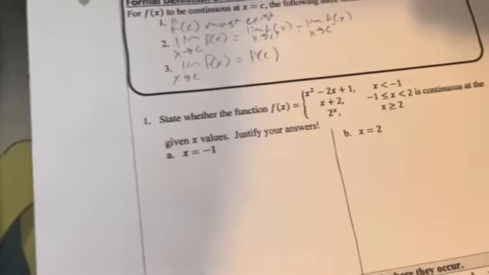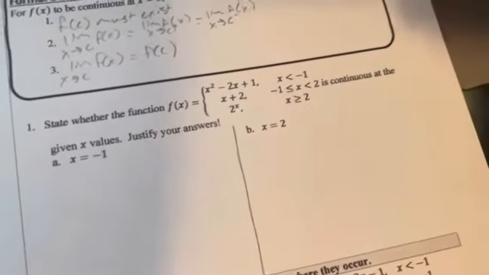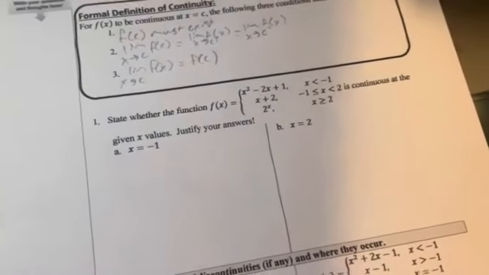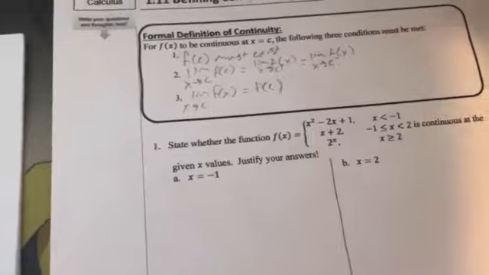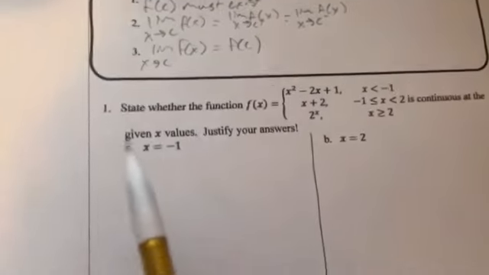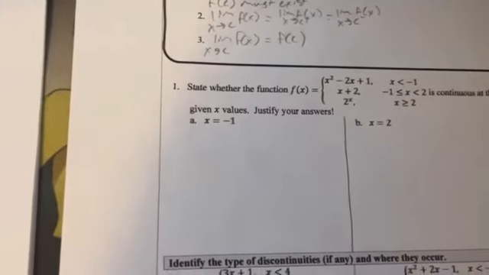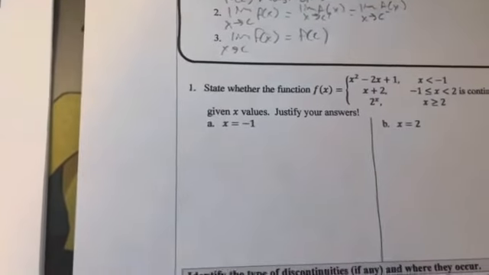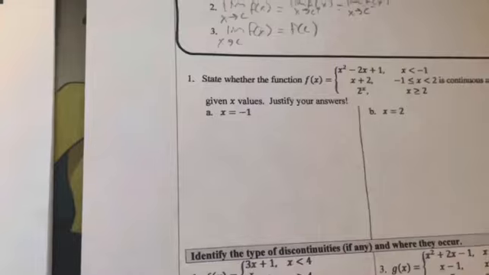Number 1. State whether the function f of x is continuous at the given x values. Justify your answer. So the first x value is x equals -1. So since x equals -1,